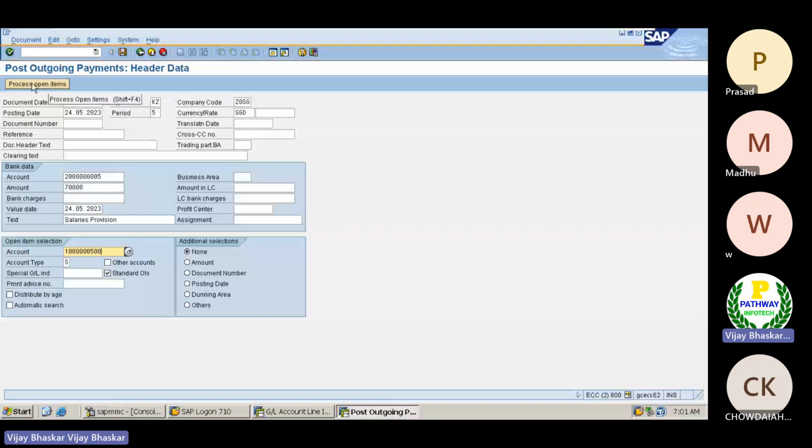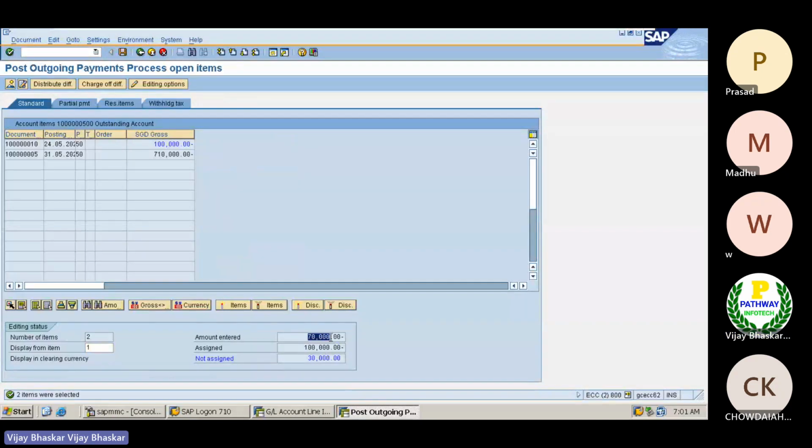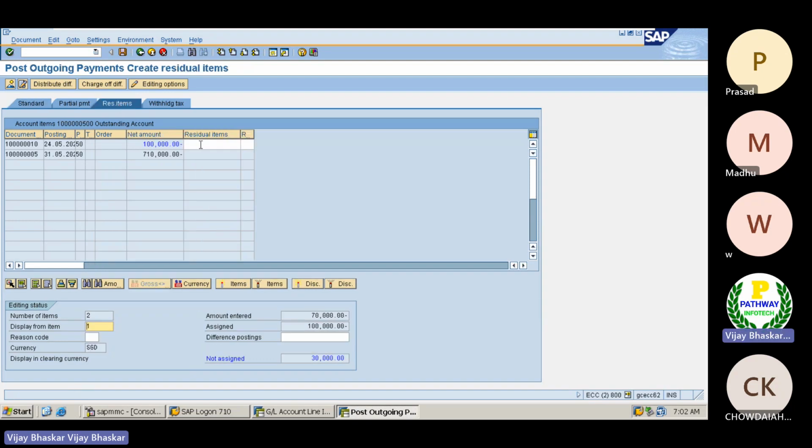Now you can see what I have given. I want to pay 70,000 rupees, but the invoice is still 1 lakh rupees. The difference between the invoice and payment amount would be 30,000 rupees. Now I want to adjust this amount. Come to the residual item here and click on this one.